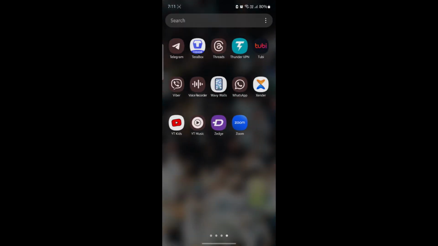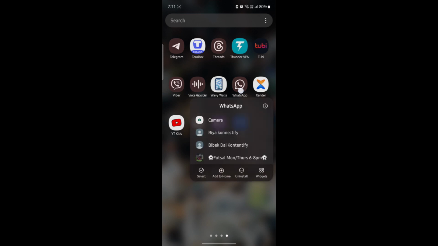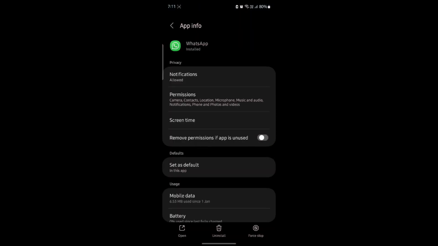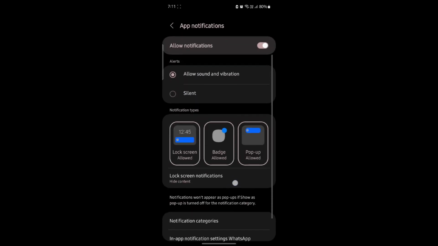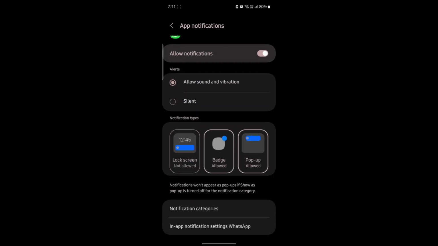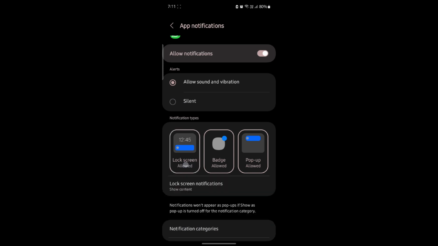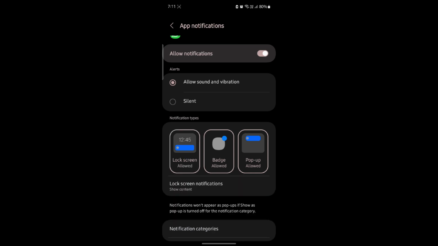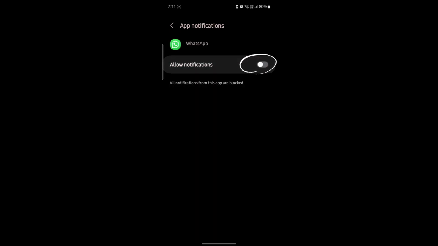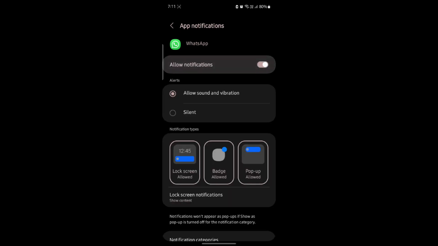Go ahead and search for WhatsApp. Tap on it, go to its settings, and go to notifications. After you go to notifications, you can see lock screen. If you tap on it, you can see that it is not allowed, and if you click on it again, it will be allowed. So if all of the notification of WhatsApp is turned off, go ahead and enable it,